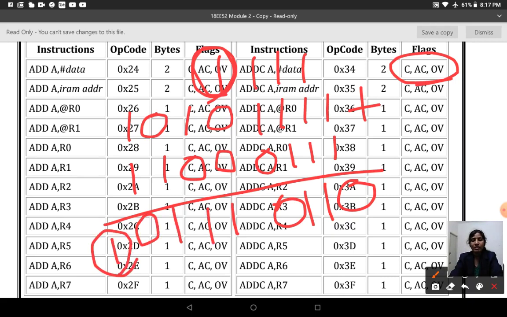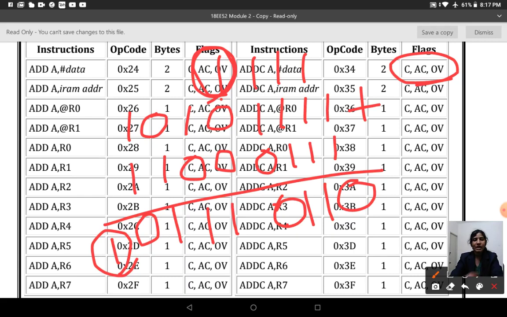After the 8th bit, if anything passes, then that is going to be your carry flag. From the 3rd bit to the 4th bit, if any carryover occurs, then that is your auxiliary carry, and if any number exists after the 8th bit, then that is your carry.